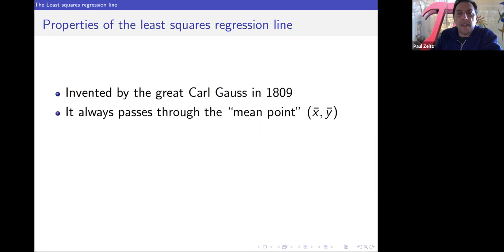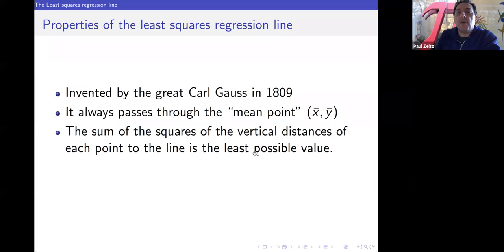But the key thing about this regression line is it always passes through the center point. So it passes through the point where the x coordinate is the mean value of the x data, and the y coordinate is the mean value of the y data. And you saw that with that normalized version of heights and weights. Another way of thinking about it is if you just normalize your data, it goes through the origin, because 0 is going to be the mean. So the regression line always goes through the mean point, and if the data is normalized, it always goes through the origin.